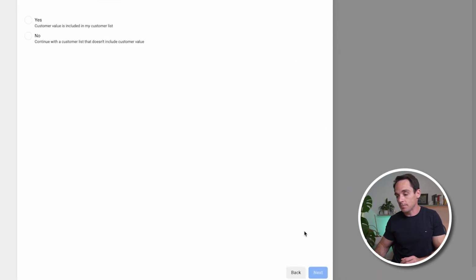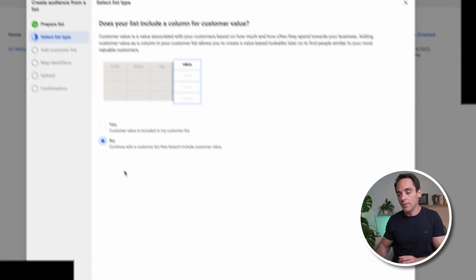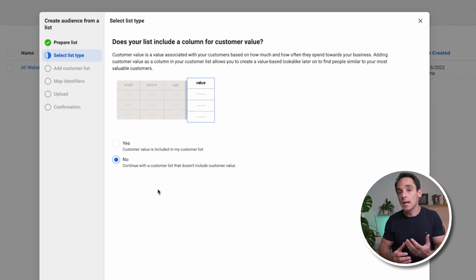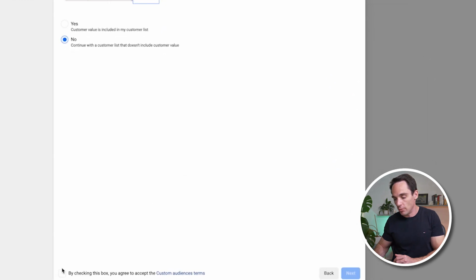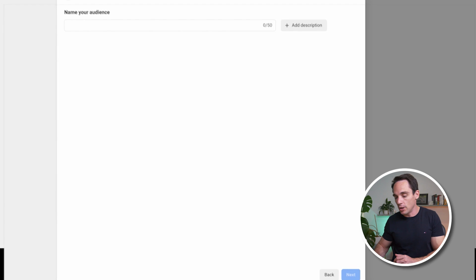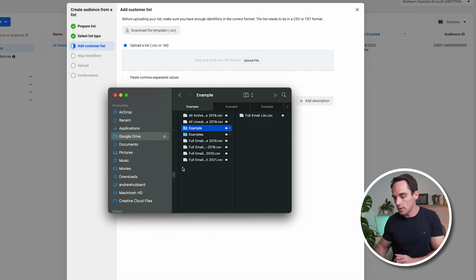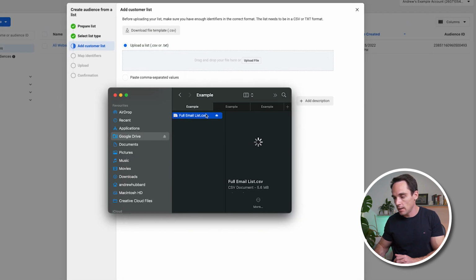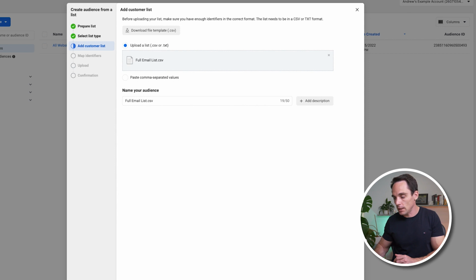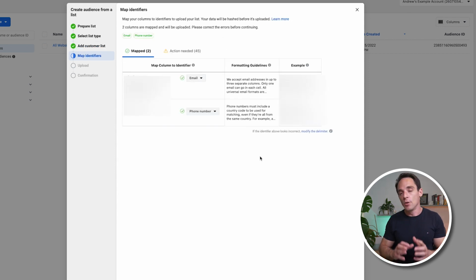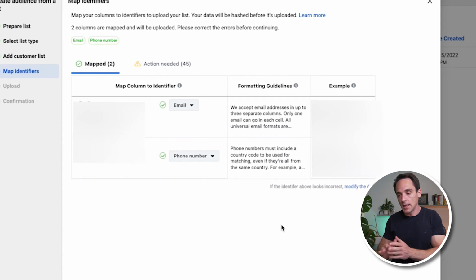So we click Next. Now, this is usually no, but if you do have a column that contains the amount that each customer has spent with you, then you would choose yes for this. But otherwise, you would choose no and click Next. And make sure you've agreed to their terms before you do that. Hit Next. Okay, now upload your file here. So I'm going to drag my CSV in. Click Next. Now, the really important thing here is you'll see over here we've got mapped, and it's mapped email